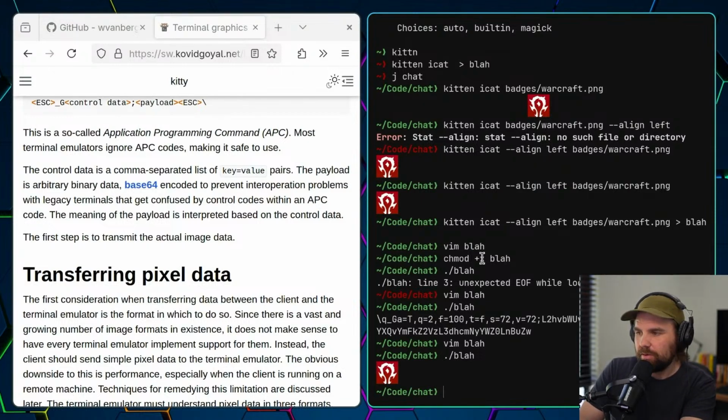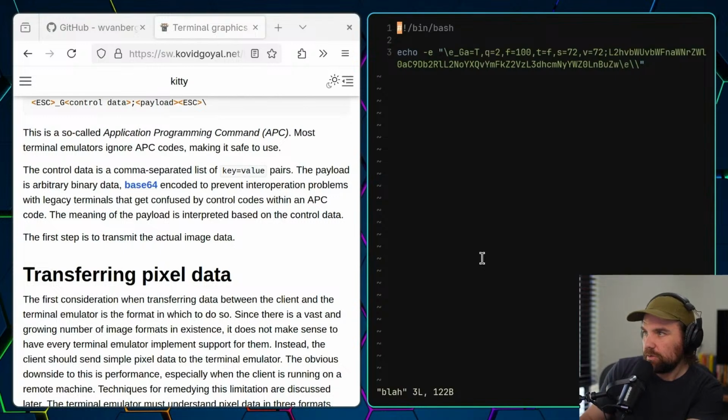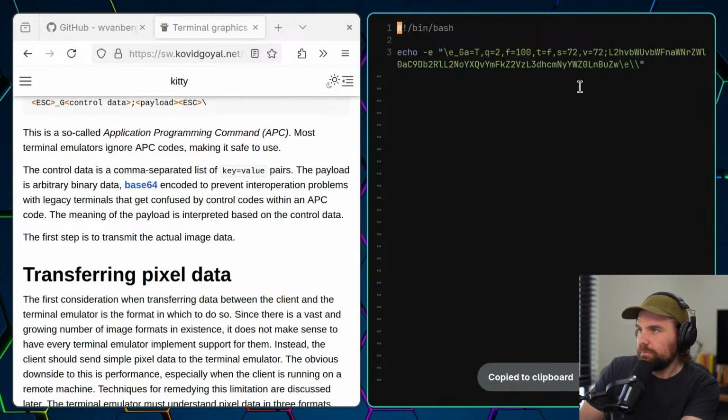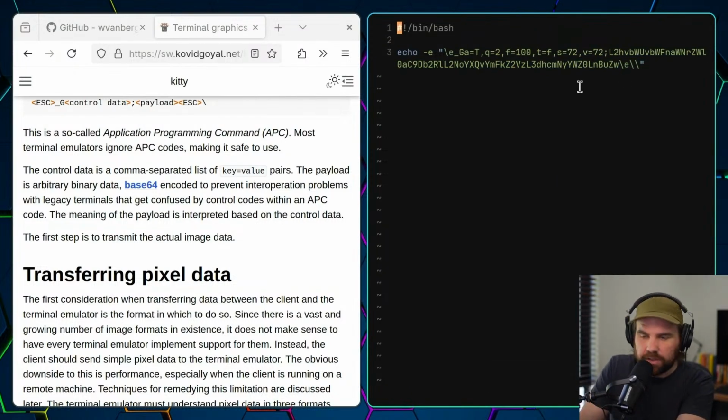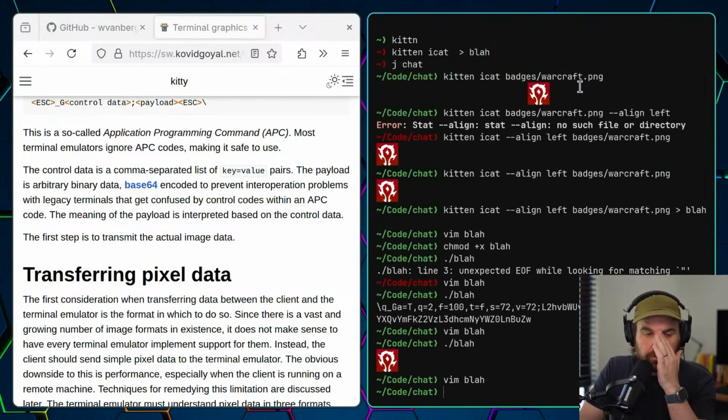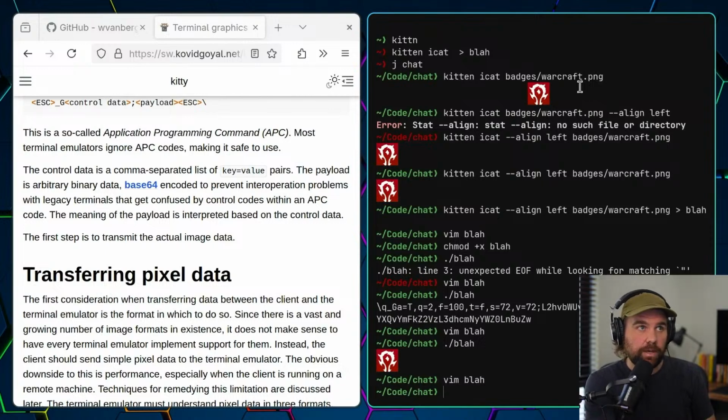So what happened then was I was like, okay, now I have a working thing, and then I took this particular base64. And then what I noticed was that there was no equals here. And I was like, oh, okay. So I don't know what it was, but for some reason, the equal sign was making the Kitty graphics protocol blow up. And I didn't want that to be a thing. So I made that go away. And so now it's kind of working. Hang on, I'm just going to change this thing over here.